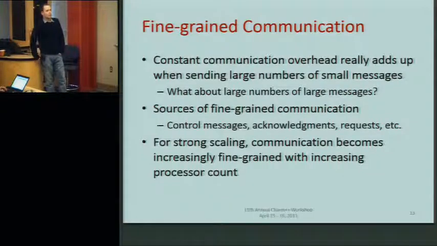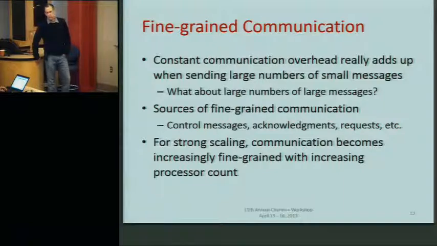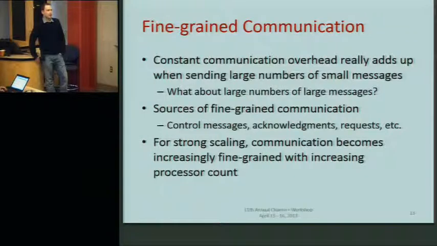And sometimes people think that in HPC you don't really have fine-grained communication as long as you write your application carefully. Maybe I've heard people saying that, well, I've performed grain size adjustments in my program, so my messages should be of sufficiently large size. I shouldn't really have any small messages. And sometimes that is true to some extent, but then you also have things at the runtime system level like acknowledgments, requests, control messages, and such. And you also often have these things in application codes.